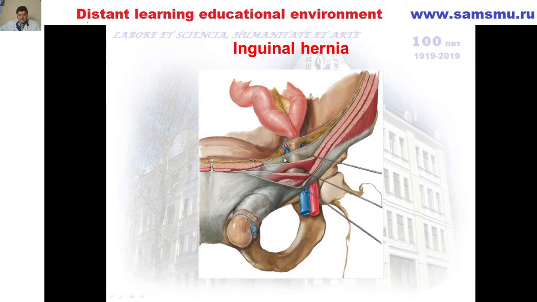You may see the internal and external rings of the inguinal canal. The superficial inguinal ring, annulus inguinalis superficialis in Latin, is formed by the separation of the fibers of the aponeurosis of the external oblique muscle into two crura, one of which, the crus laterale, is attached to the tuberculum pubicum, and the other, the crus mediale,